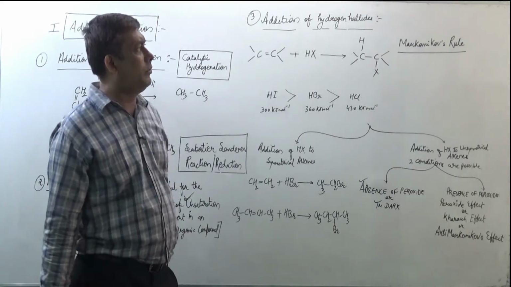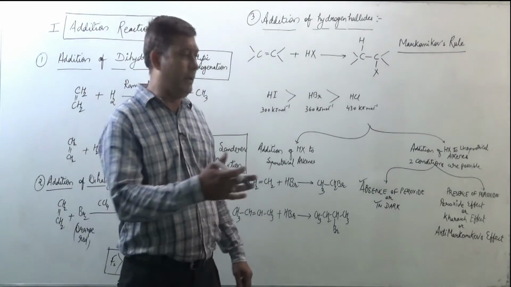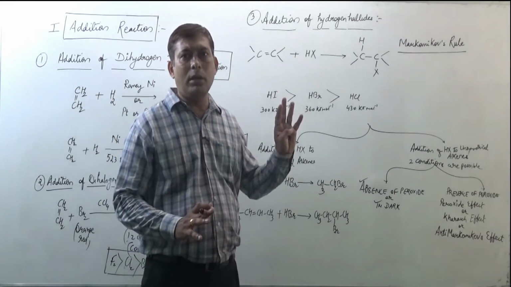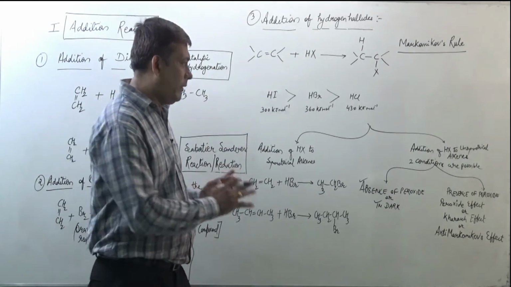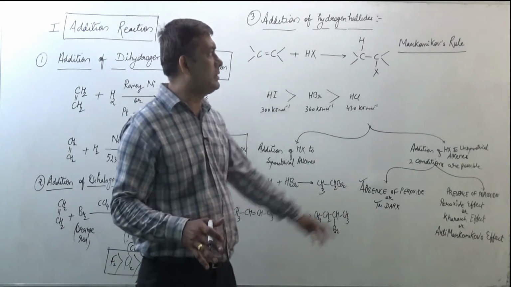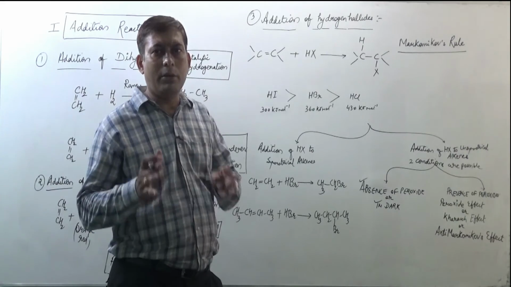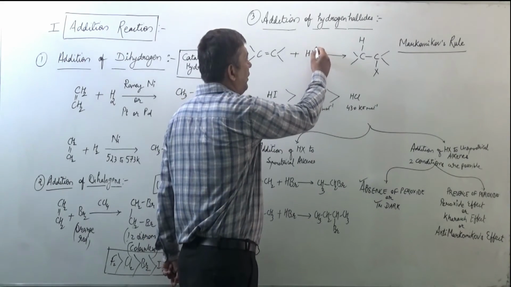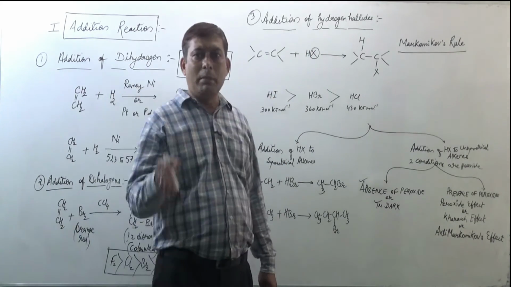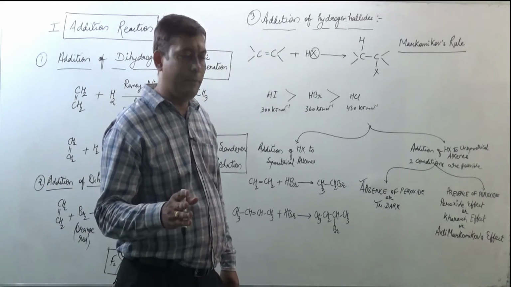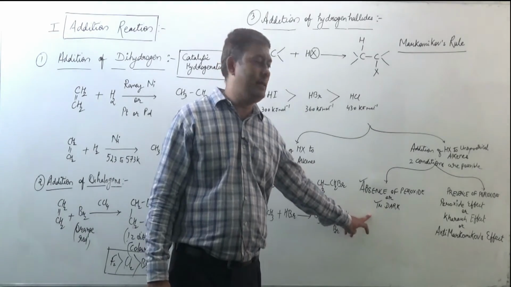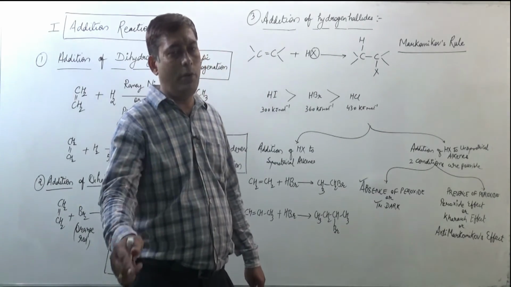then we have to see whether the alkene is symmetrical or unsymmetrical. If it is symmetrical, then we need not bother about the Markovnikov rule. But when an alkene is unsymmetrical, then we have to use this Markovnikov rule. According to Markovnikov rule, the negative part of the hydrogen halide will go to that carbon which has got lesser number of hydrogen. And this Markovnikov rule is applied when the peroxide is absent. Whenever there is an absence of peroxide, then we have to apply Markovnikov rule.